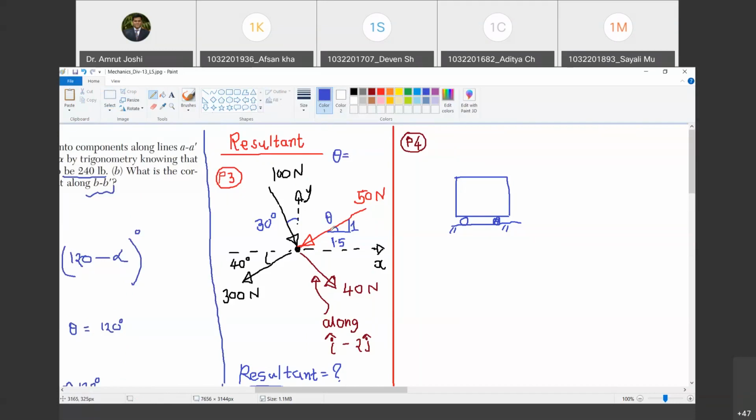What is given? 1.5 horizontal distance will correspond to 1 vertical distance. Are you with me? Yes, sir. So is it a right angle triangle? Yes. So can I write theta is equal to tan inverse of 1 by 1.5? Yes. So tell me how much is tan inverse of 1 by 1.5? One second. 33 degrees. How much? 33 degrees. Exactly.